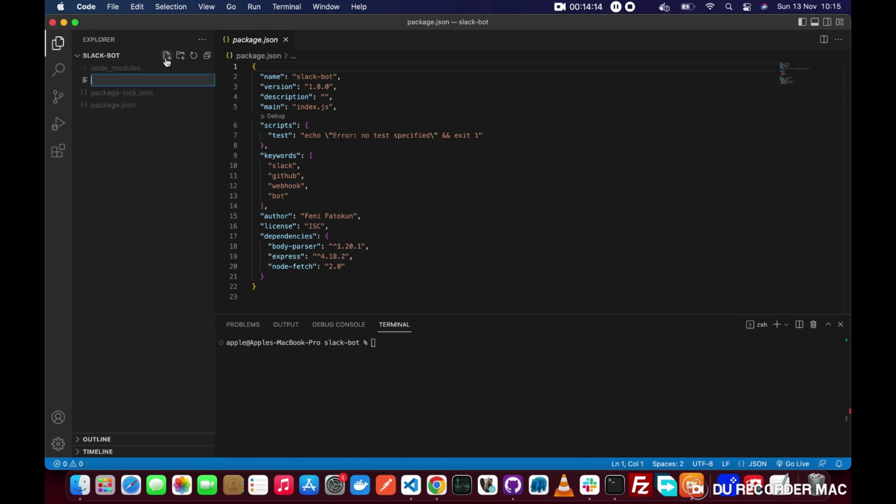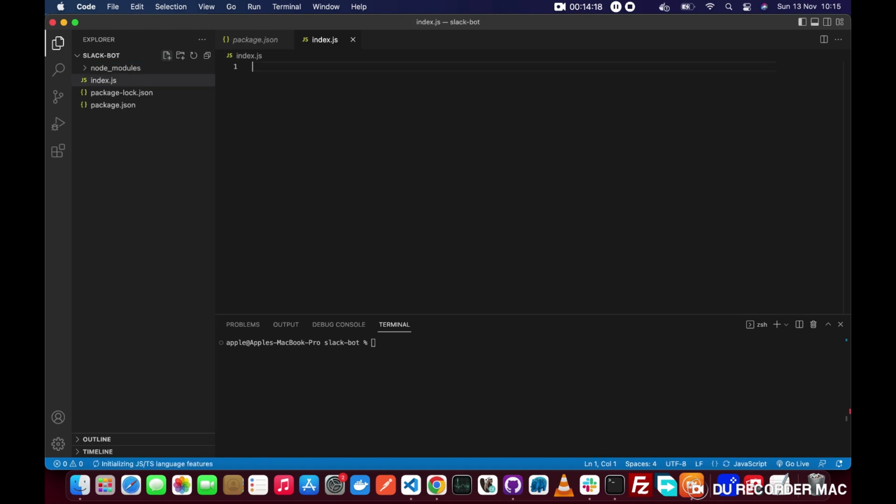First, let's create our index.js. So index.js, and we are going to say const express is equal to require express, const app is equal to express. We are going to initialize our express project. And then